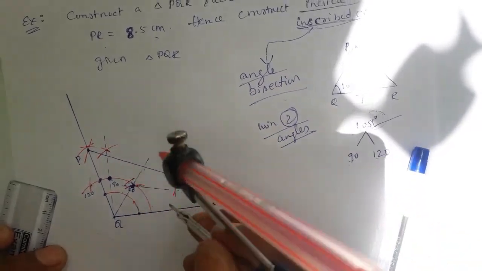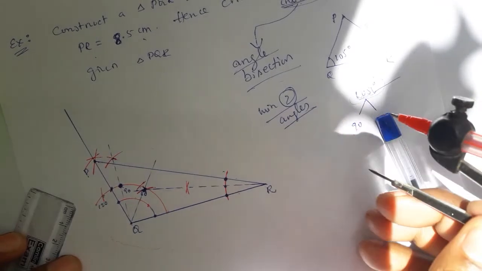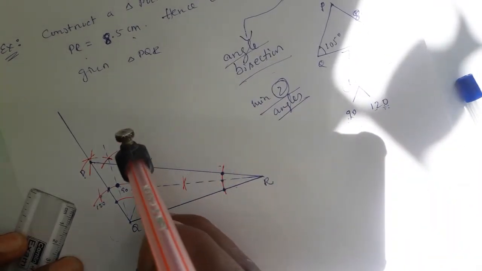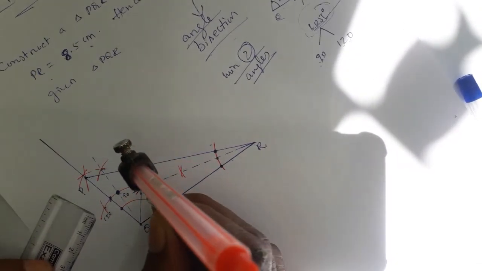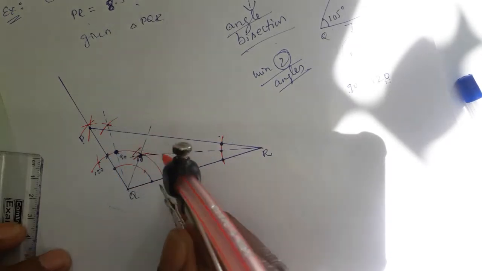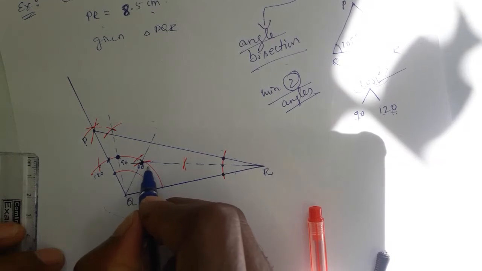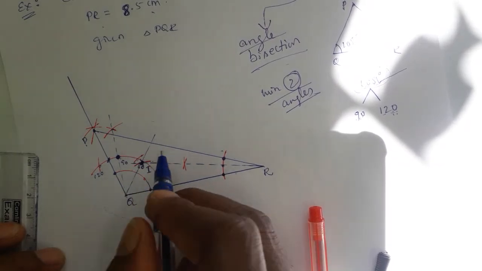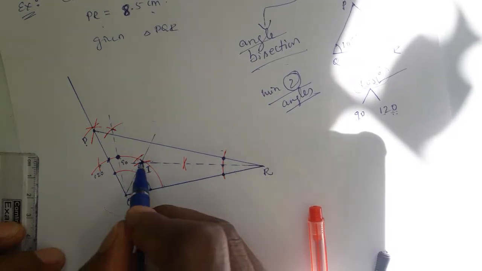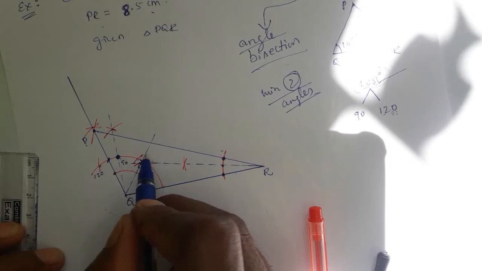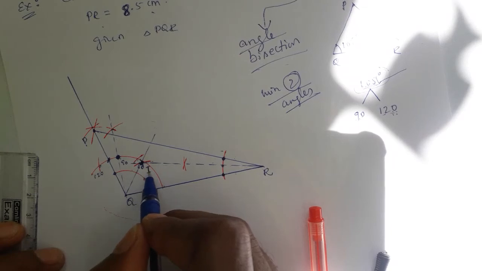So we'll construct the incircle. But for the incircle, there is one extra step we follow, which we won't follow in the circumcircle. What is that extra step? Try to follow this step, all students. After constructing two angle bisectors, the point where these two angle bisectors meet is called I. Last time the meeting point of two perpendicular bisectors was called C, the circumcenter, but here the meeting point of two angle bisectors is not the circumcenter, it is the incenter, because the angle bisector meeting point is always called the incenter I.